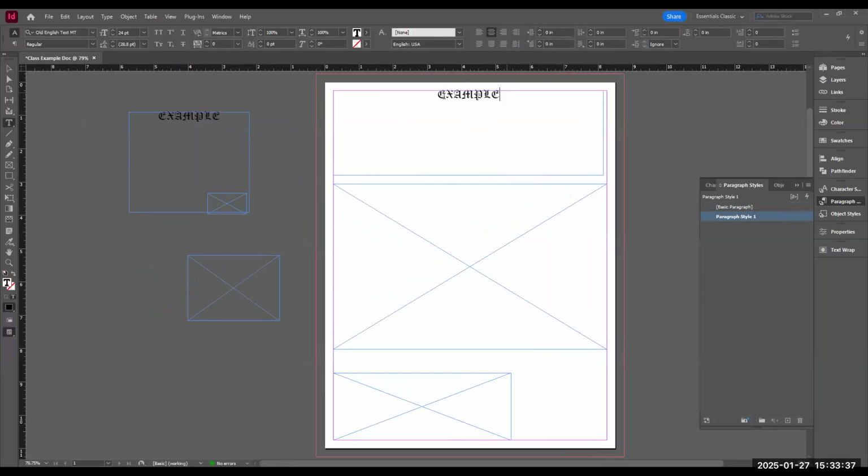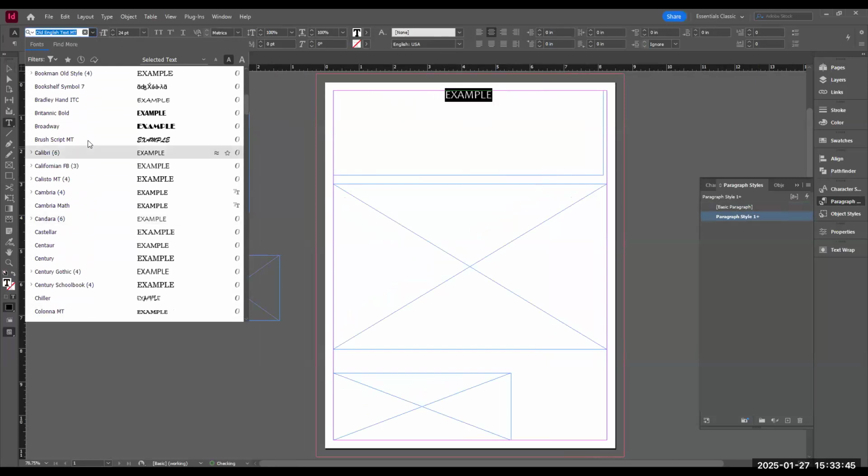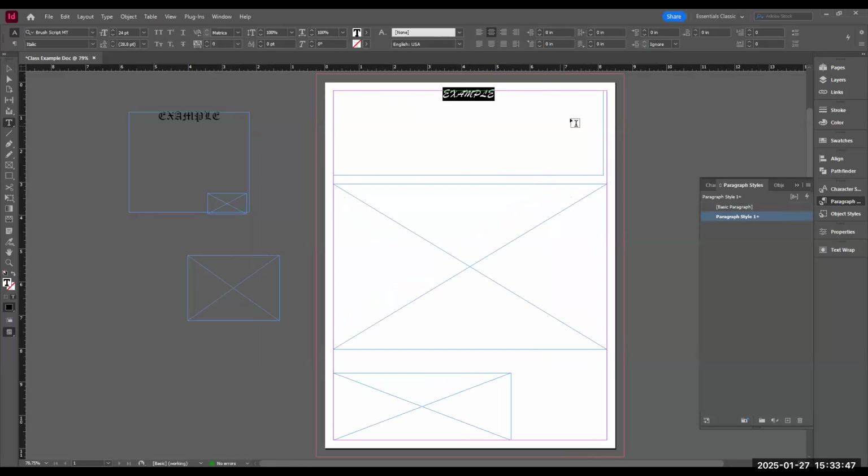I also could have gone up to this menu and selected any kind of font here to do the same thing. What I like about the paragraph style option is that it allows you to come back later and reapply something. Okay,